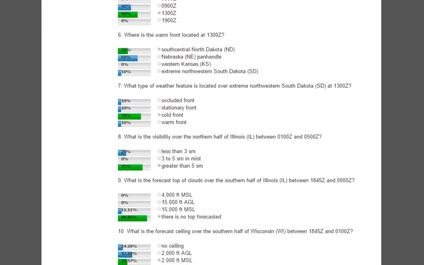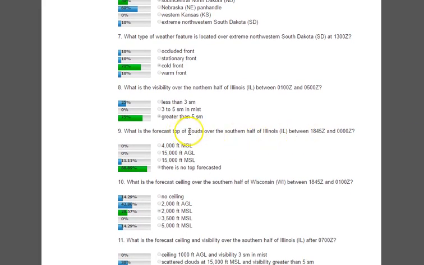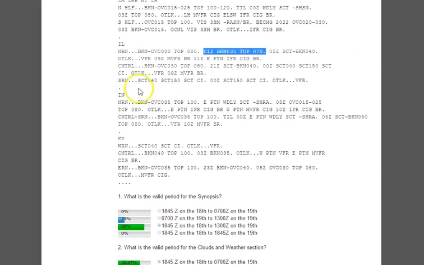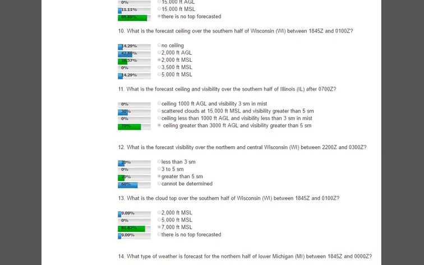Okay, let's go back down and take a look at question number 9. What is the forecast tops of clouds over the southern half of Illinois between 18 and 0? So Illinois, southern half, between 1845 and 0 would be this time frame right here. And the tops of clouds, let's see, you got scattered at 4, scattered at 15. Those are bases, and then scattered cirrus, but they don't give you any tops of clouds. So you can't determine the tops of clouds